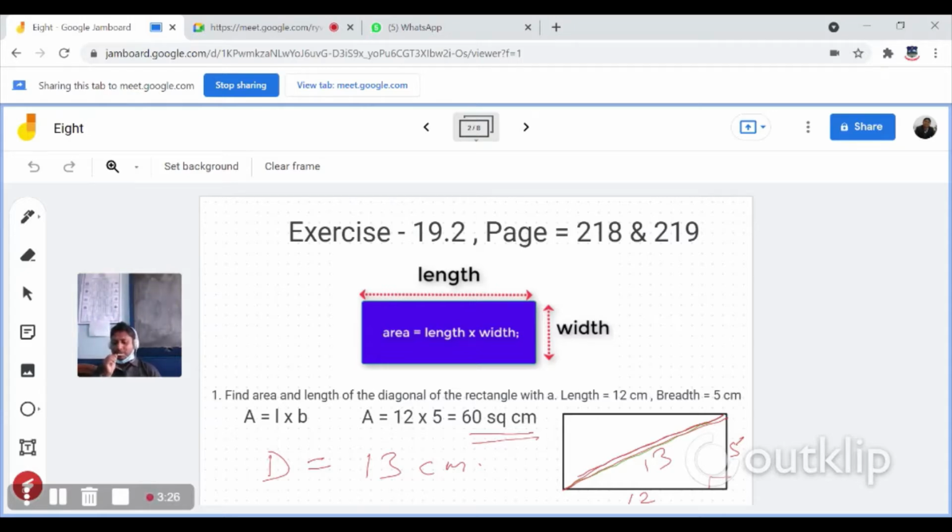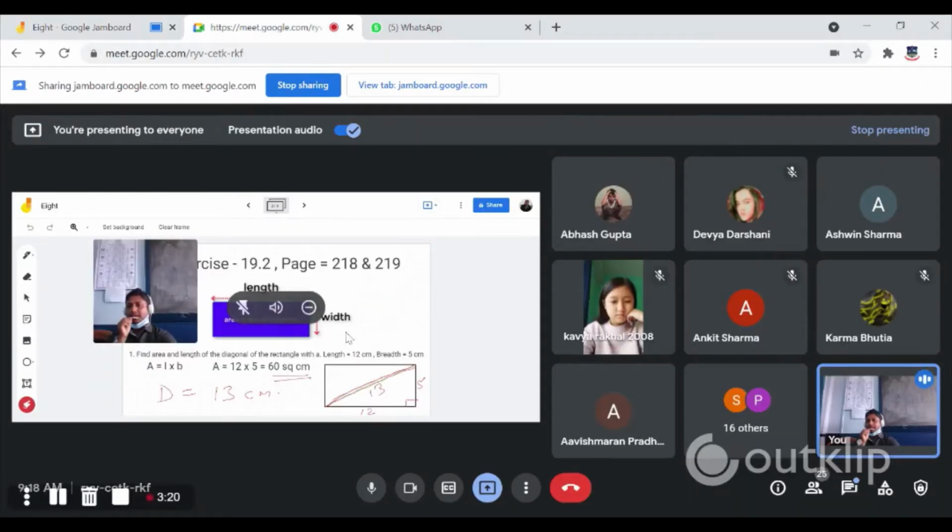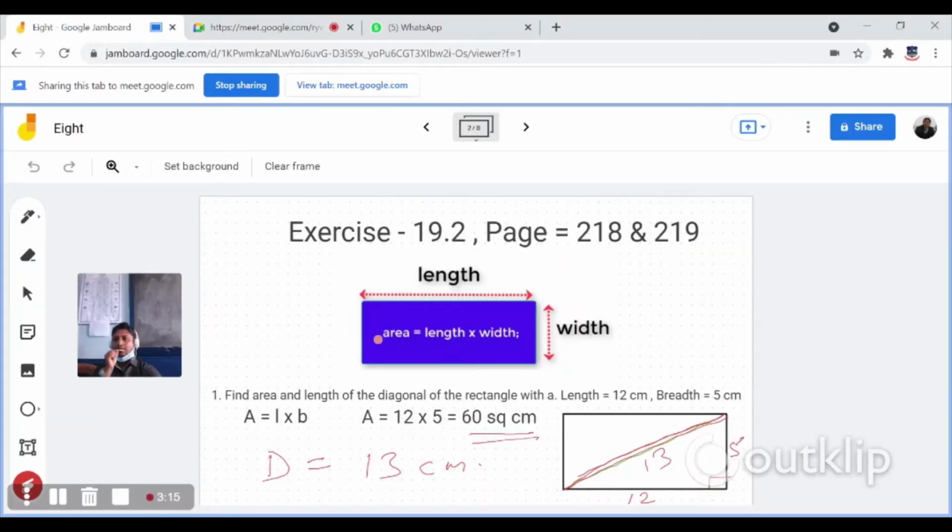Okay. So now my question is, I'll pick you up one by one. Upeksha, are you there? Okay, any one of you tell, if this is my length, what is this? And if this is my width, then what is this? This part, yeah, this is also. So how many lengths are there in a rectangle? Two. And how many widths are there in a rectangle? Two.